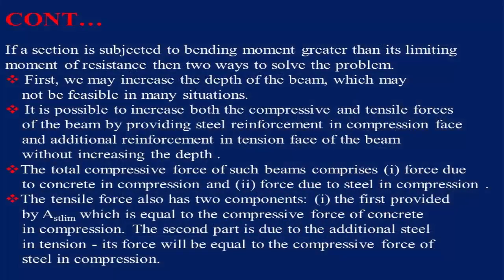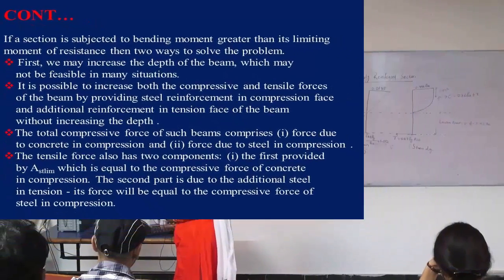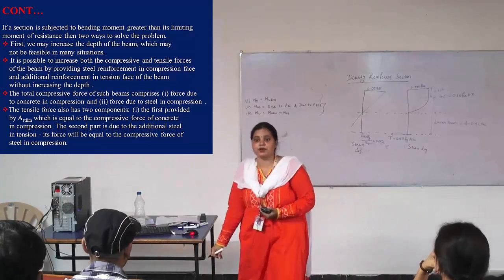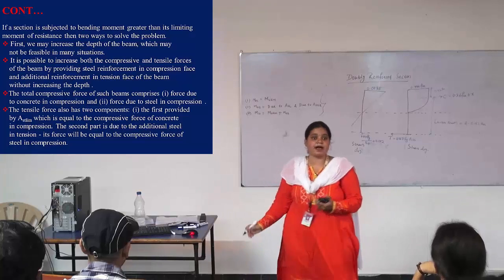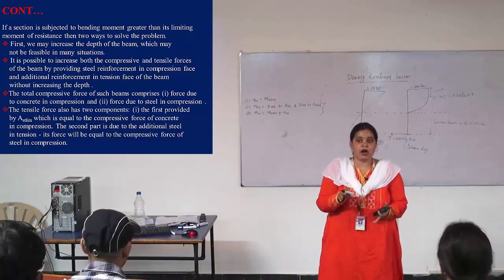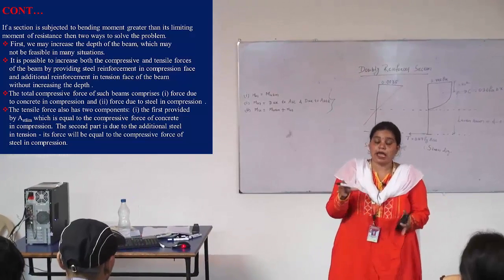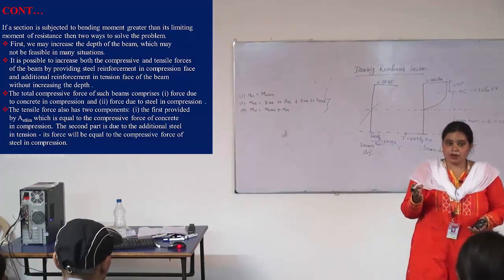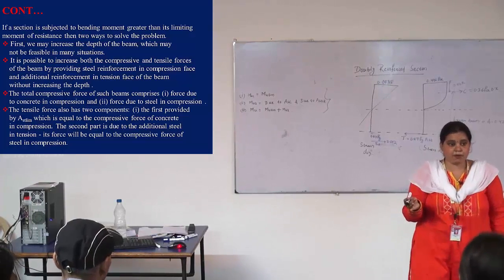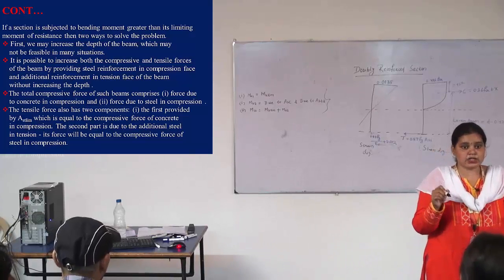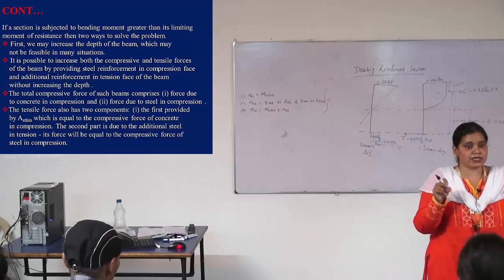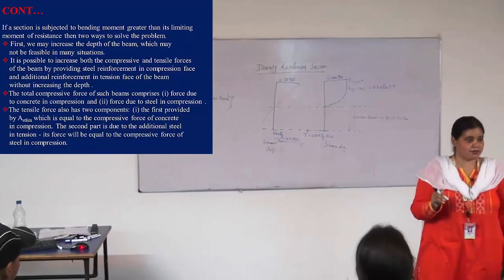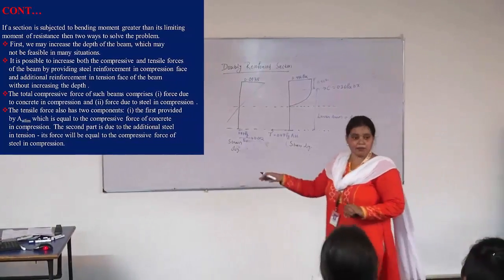Now, if there is a doubly reinforced section, what can we do? First you have to convert it into a singly reinforced section, or balanced section, not singly reinforced, under reinforced section. Three types of section we have: balanced, under reinforced and over reinforced. All of you know the conditions also: XU equal to XU max, XU less than XU max and XU greater than XU max. But I know that you don't know the concept, and that I am going to explain.